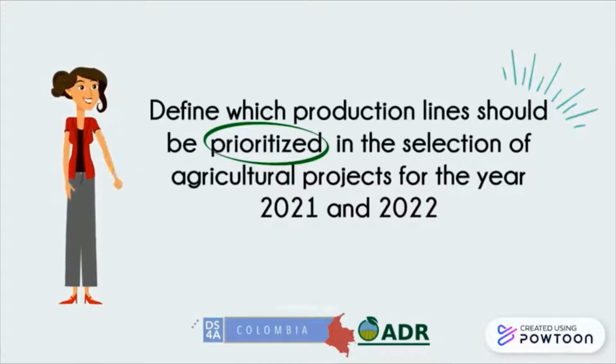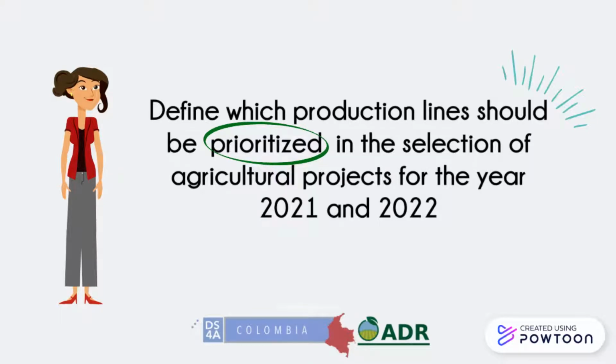So the idea of our project was to help ADR define which projects should be selected for the next 2 years. And the way we did this is that we analyzed some project variables such as number of beneficiaries, location, yield, productivity, and crop, but we also included some external variables such as consumer price index and exports. We really chose this project because if we help ADR with this decision, we're not only making a financial impact, we're also making a social impact that in times like this is what really helps our country.